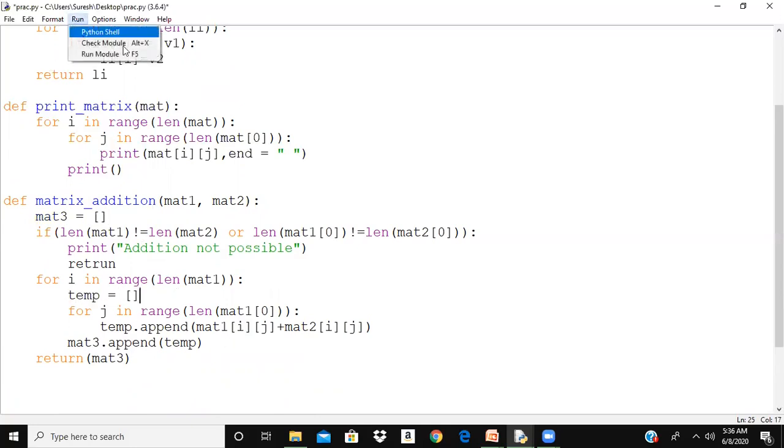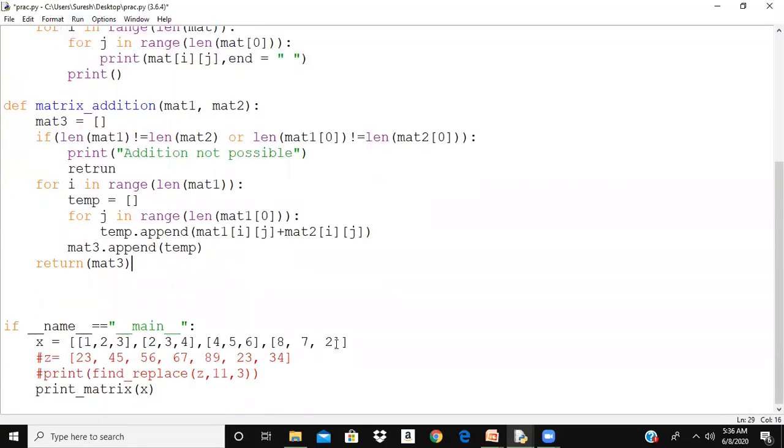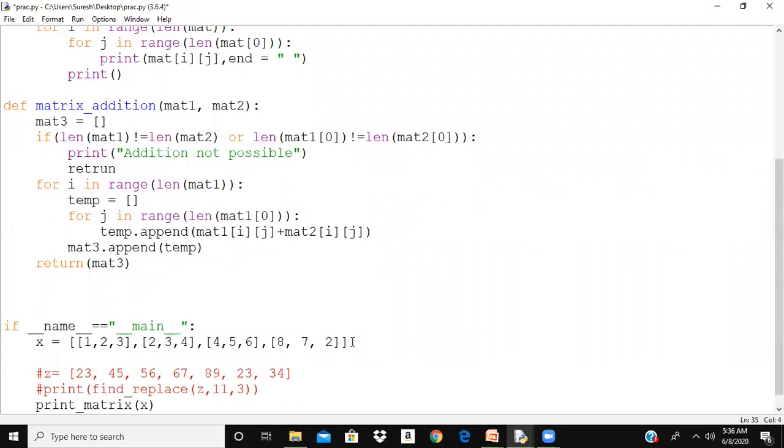Let me run this program. To run this program, let me check, I got x here 3/4. Let me say that y is equal to, let me create y, 1 1 1. Rows should be the same, that means there should be only three elements here, 2 3 3, 3 4.